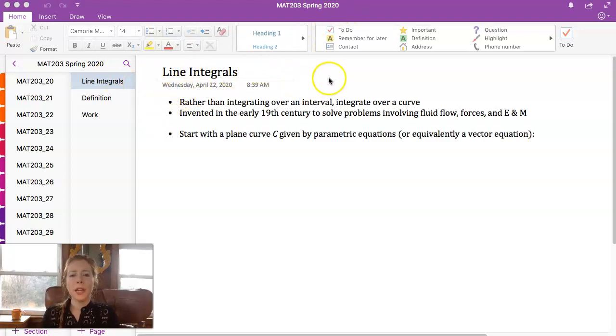So typically with integration in the past, as you've been practicing it, we've been in two dimensions. In single variable calculus, we have been integrating between an interval under a curve. Now, with line integrals, what we're going to be doing is integrating over a curve through a field. So line integrals were invented in the early 19th century to solve problems involving fluid flow, forces, electricity,